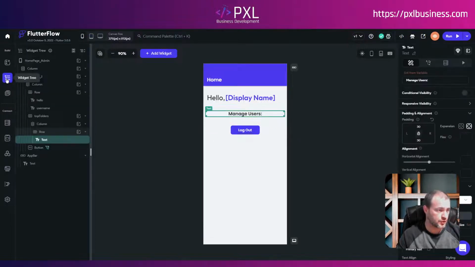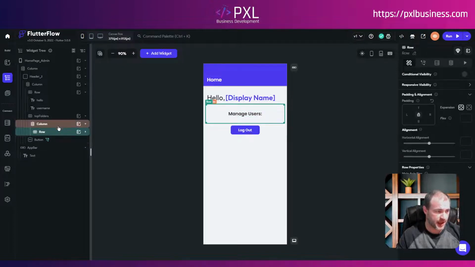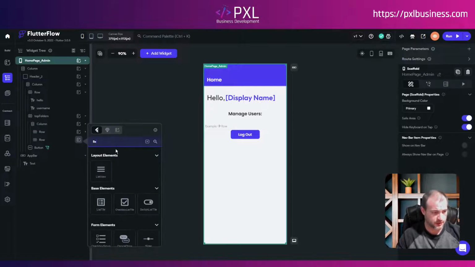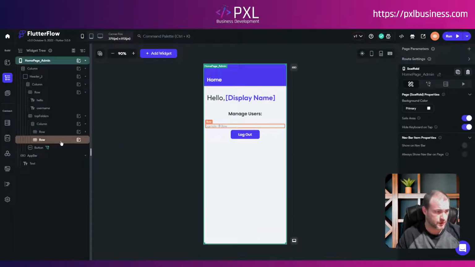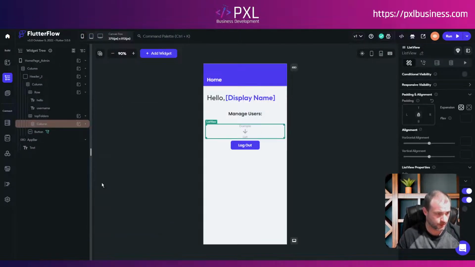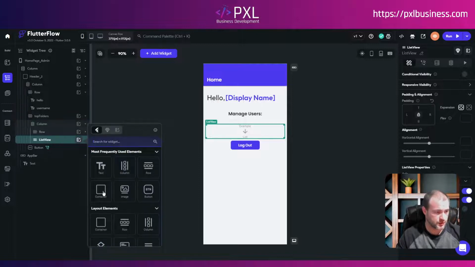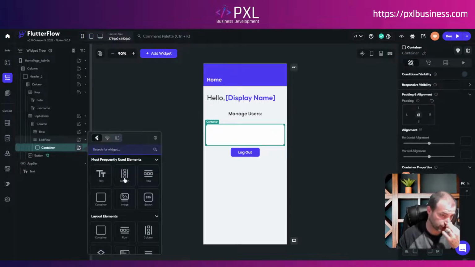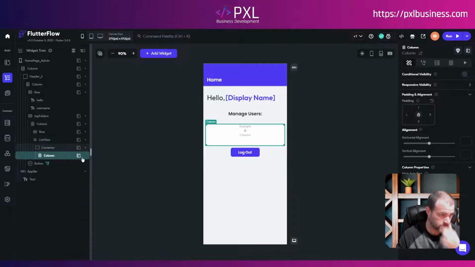To do this, we are going to start with adding a second row inside of this column, and we will do a list view. No, we will do a list view directly in the column. In the list view, I'm going to do a container. In this container, we'll do a column that has